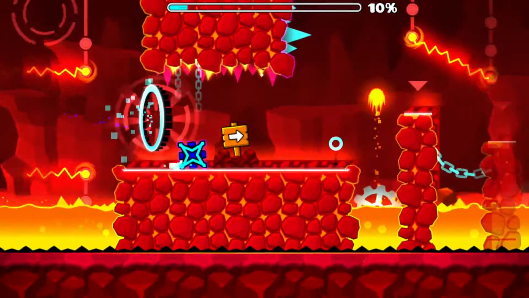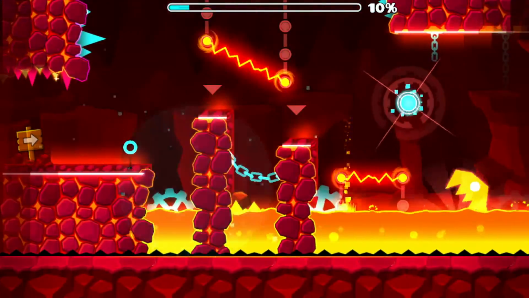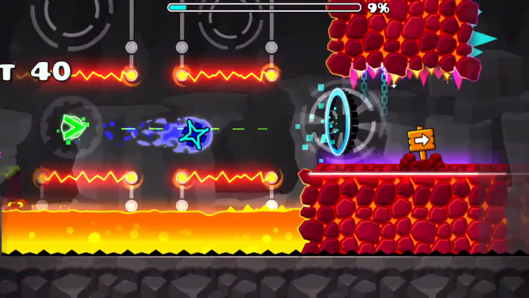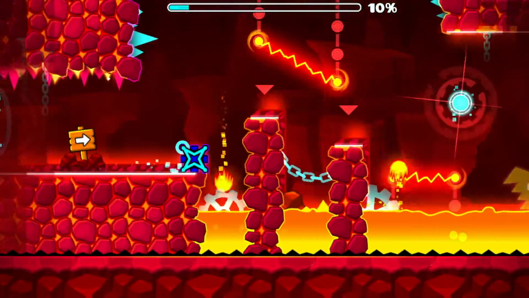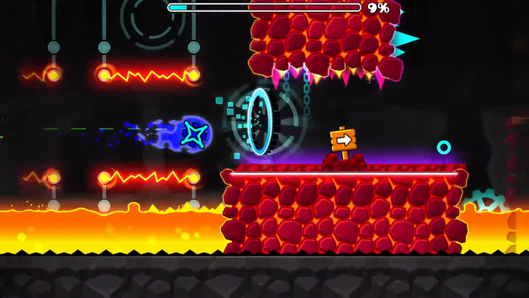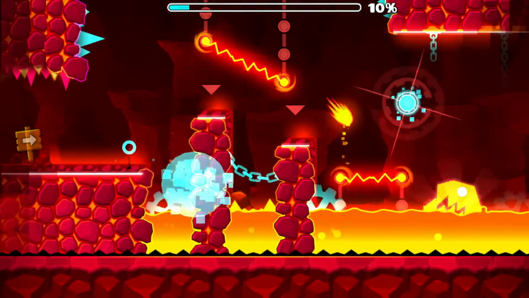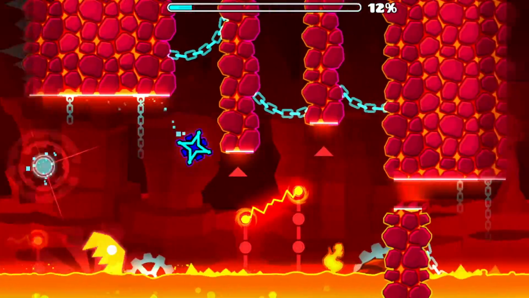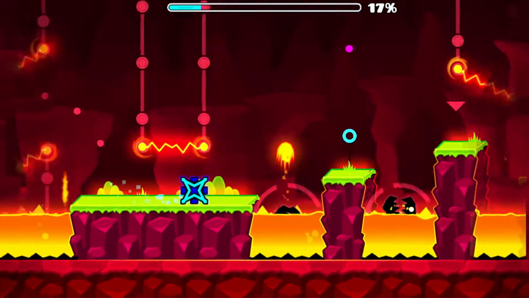So there's actually 2 types of dash orbs. There's the green dash orbs, and there's the pink dash orbs. Green dash orbs just keep your gravity the same. So if you're normal gravity, it just keeps you the same. And if you go through a pink dash orb, it actually switches your gravity. So that's all I have to say about that. Let's just move on. So nothing new here. So we jump, and then use this. There's nothing new here. Let's just keep going.